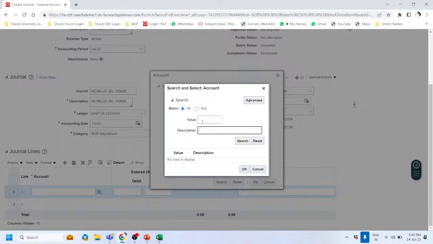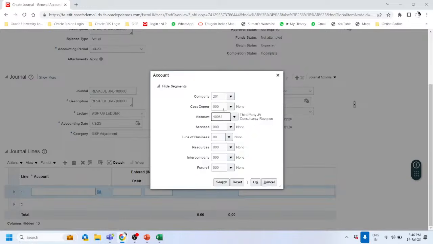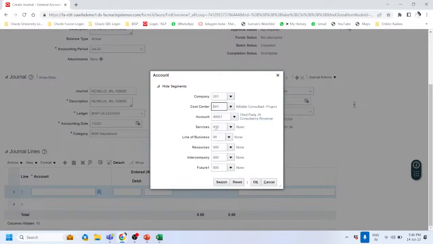Just hold on. Search with that. Not third party journal. I would use okay. We'll take the same. Okay, and as we have entered the cross validation rule, we will use this